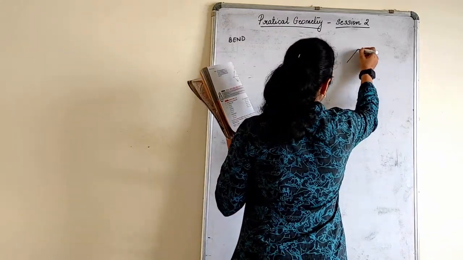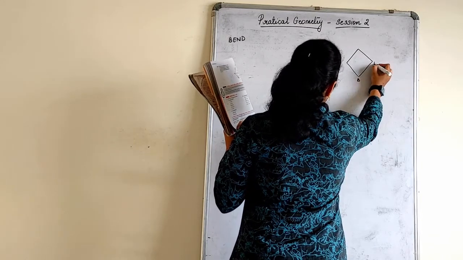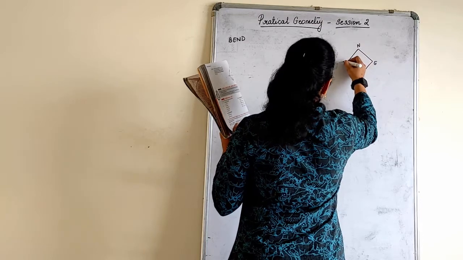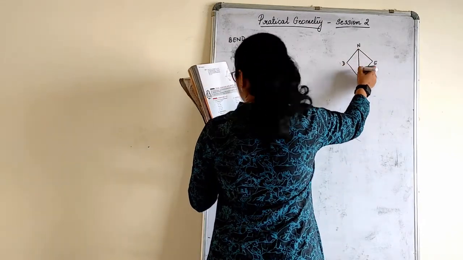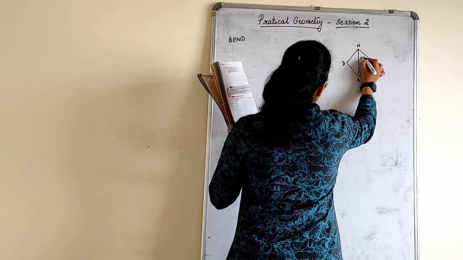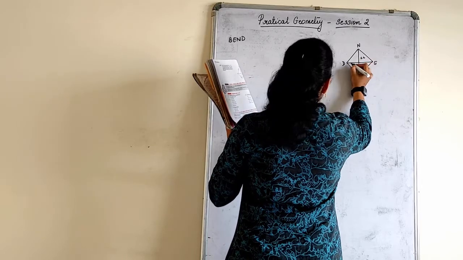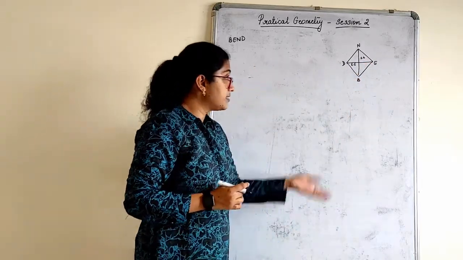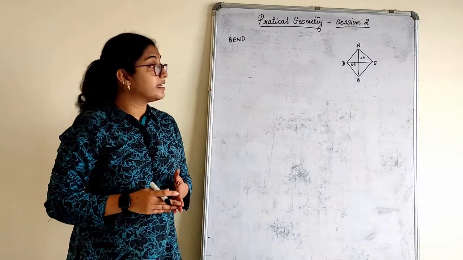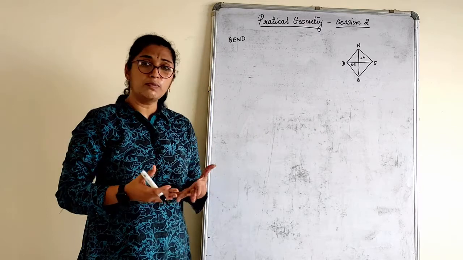So typically we have a figure of a rhombus like this, right? B, E, N, D. BEND is a rhombus where BN is given as 5.6 and DE is given as 6.5. You have to construct a rhombus based on the given diagonals. Only diagonals are given. How can we draw a rhombus where only two parameters are given?